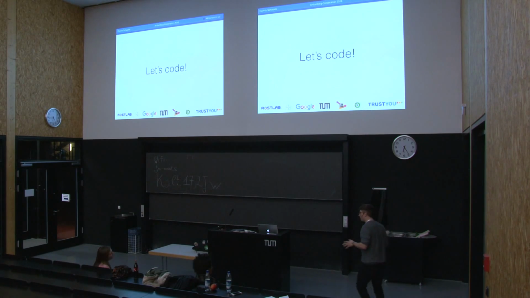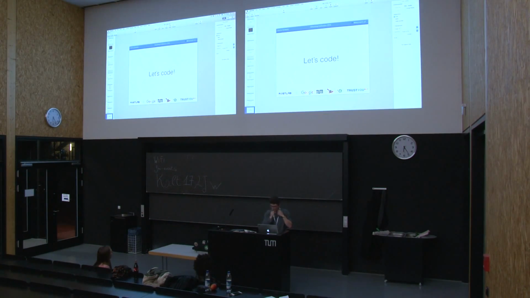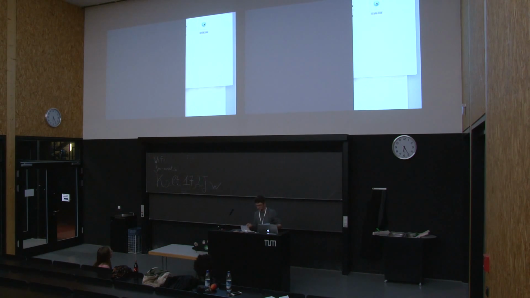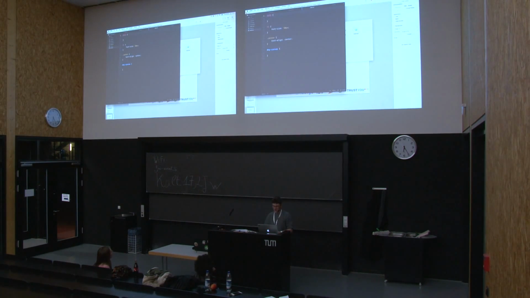So let's try that out in our example. Let's go back to our folder here. Hope you can see that all right. And this time, we're going to work in the style.css file. So I'm going to try to do it side by side again, and I hope you can read it, but I think I can